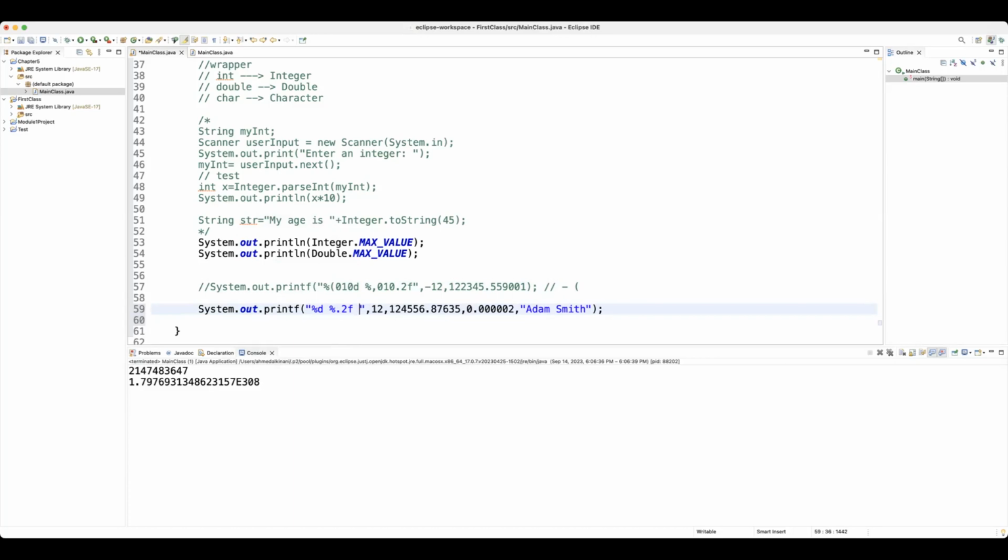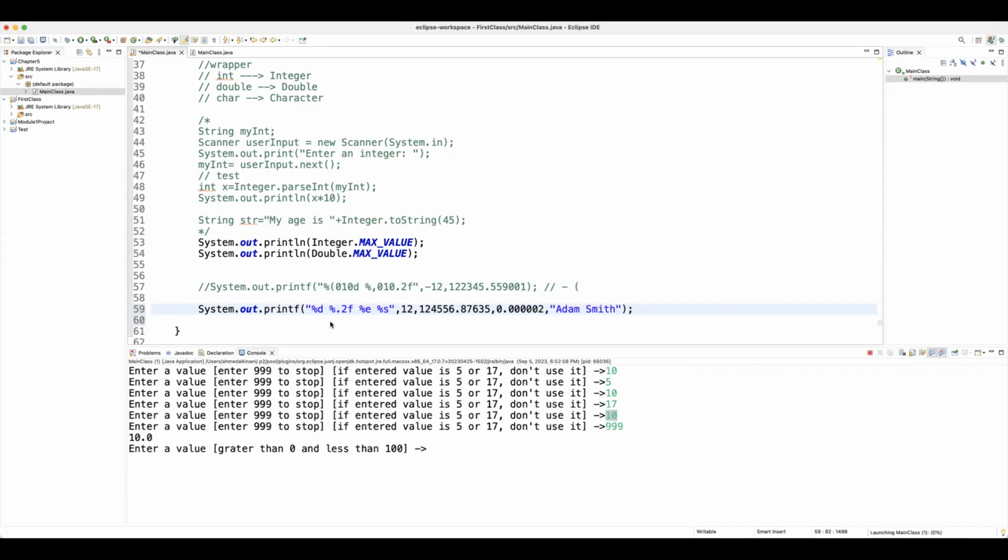After that, for the second one, this is something new. I'll put E. E simply means print that number in scientific notation. And then finally, we have an S, so %s. Let's give this a try. If I run it,